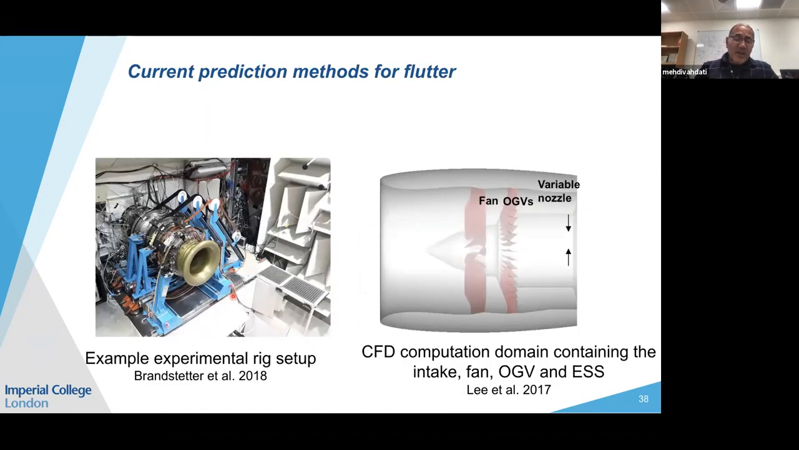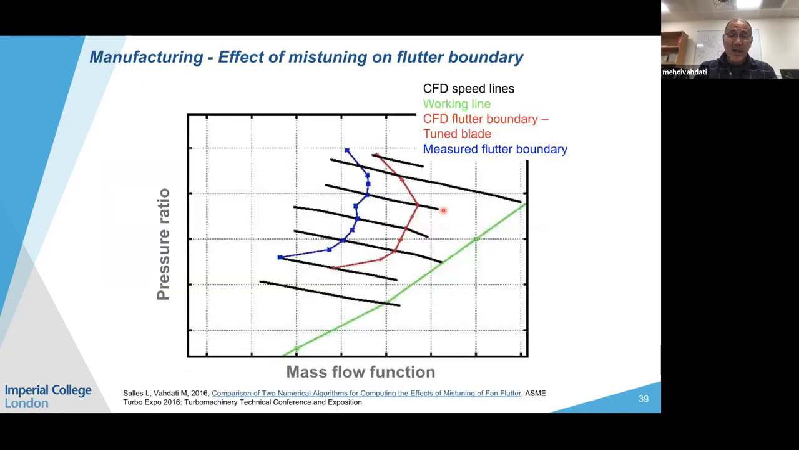So what are the current prediction methods? For flutter, you can spend millions of quid or euro, make a test rig, try to do experiments and hope that you get some result, but it's not guaranteed. Or you can use high fidelity CFD and try to model your cases using CFD, which is much cheaper. Obviously, I'm a CFD believer. I'm not a CFD skeptic. And I think this is quite a good representation of the CFD results. However, sometimes when you talk to CFD skeptics,